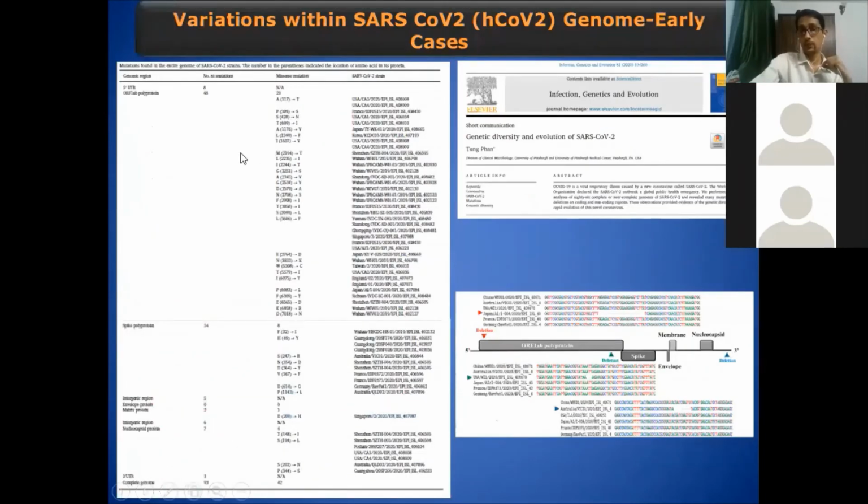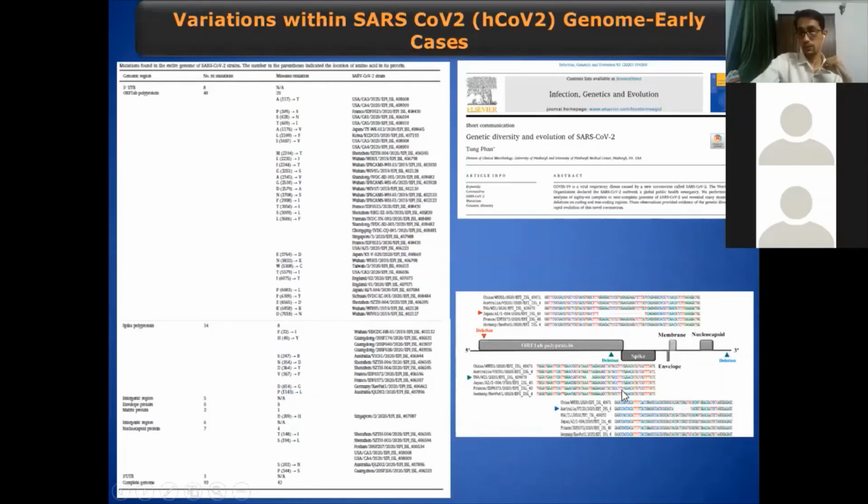Furthermore, after 1 month, another paper came on the mutation pattern, and this paper analyzed almost 103 sequences. Of the 103 sequences, it showed that a lot of sequences had different kinds of deletion mutants. Deletion mutants are very rare. For example, there was a deletion of 8 amino acids or 24 nucleotides in a Japanese isolate, and there was a single amino acid or 3 nucleotide deletion in an American isolate, and in an Australian isolate there was a 3 amino acid or 9 nucleotide deletion.